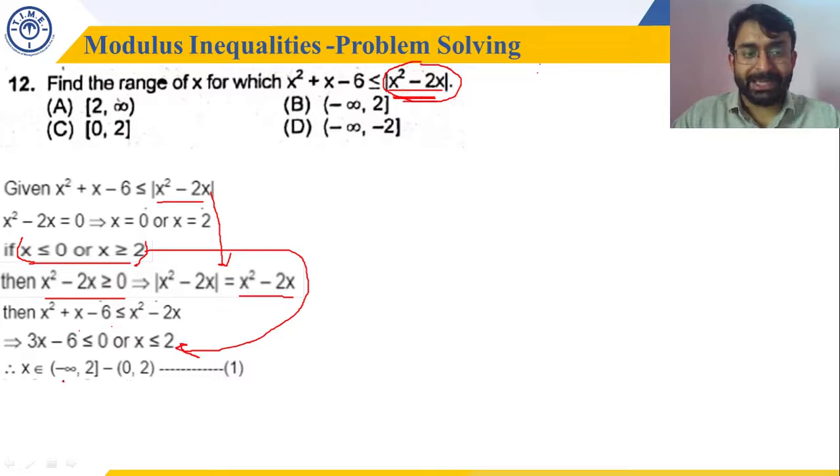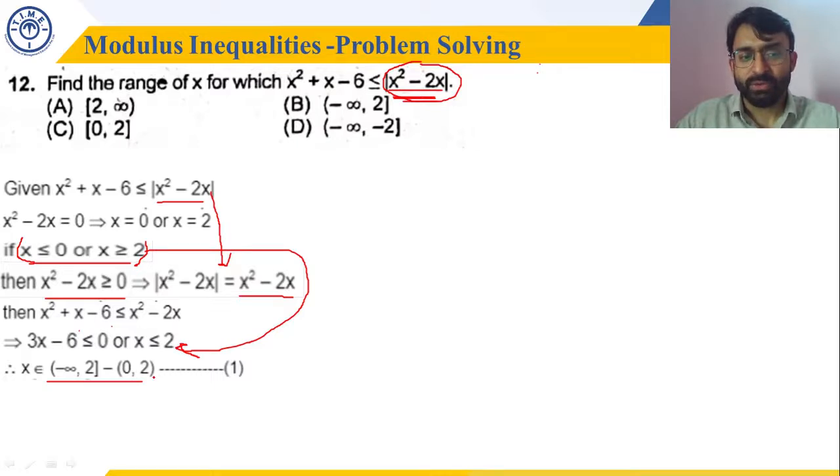Fine. So I can write it. We can take any value from minus infinity to 2 except 0 and 2. Except 0 and 2. Fine. So minus infinity to 2 included or including a range from 0 to 2. So I can directly say that this answer choice will be as good as x is less than equal to 0.